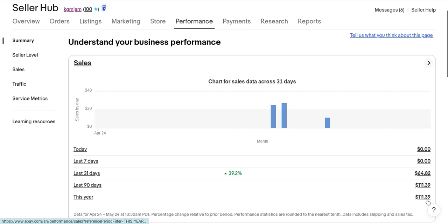So $111, part-time, messing around, trying to build it up, get it going, trying to find product, which will take me a while because I'm going to have to study. What I'm saying is I'm getting serious about eBay because maybe it doesn't happen overnight, but if you study and learn and pay attention to people who know what they're doing,